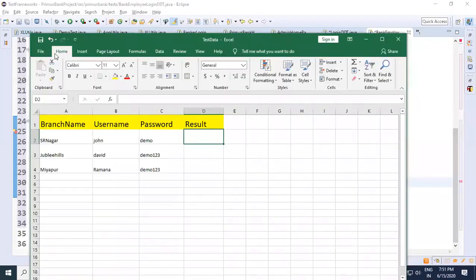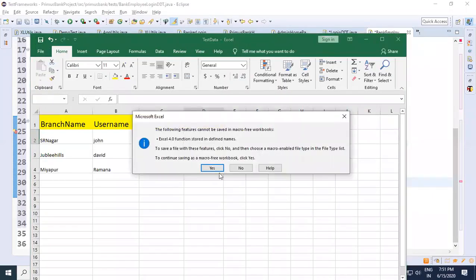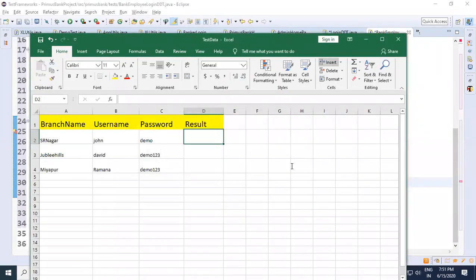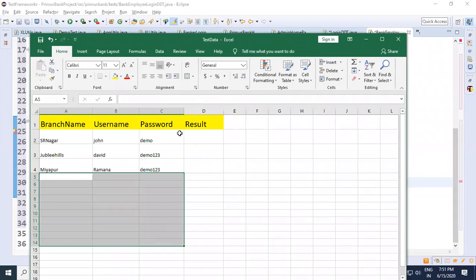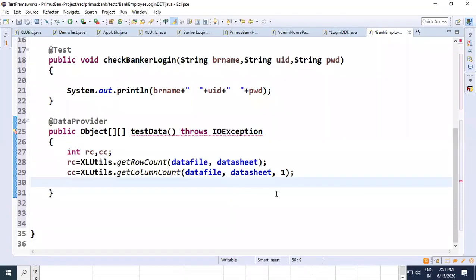Actually, in this scenario, nothing is wrong. You can hard code the number of columns because generally test data increases. Next time you want to change the data, meaning rows will increase, columns will not increase. Anyhow, once it is done,